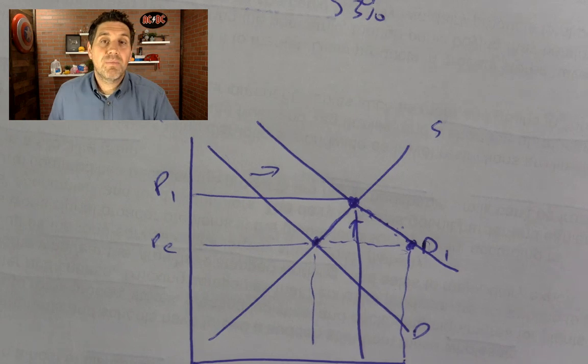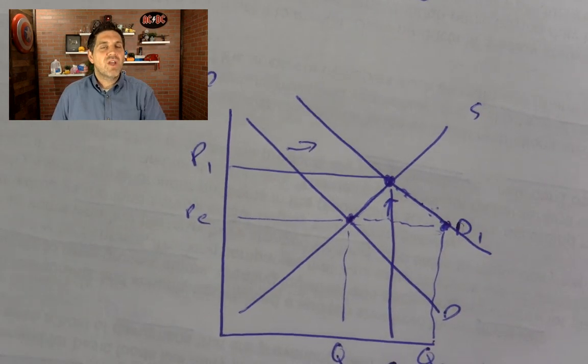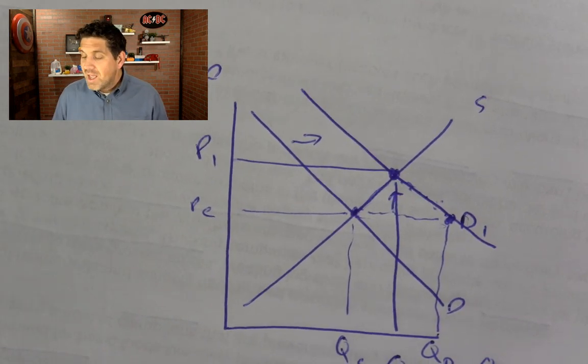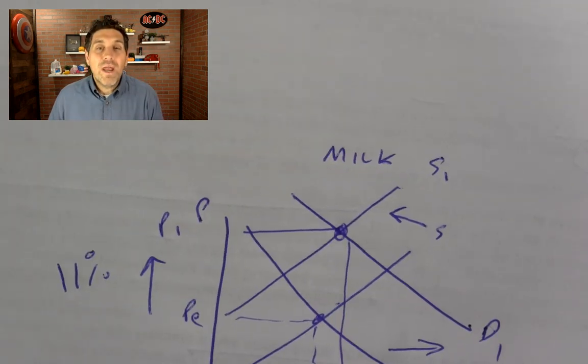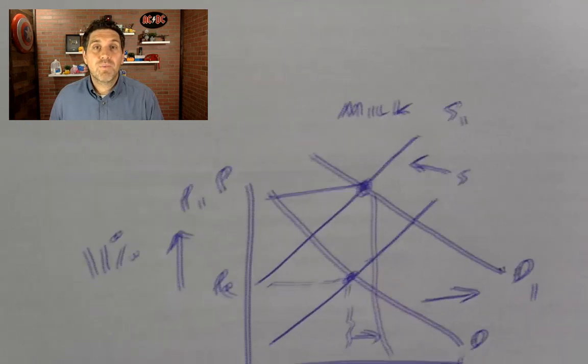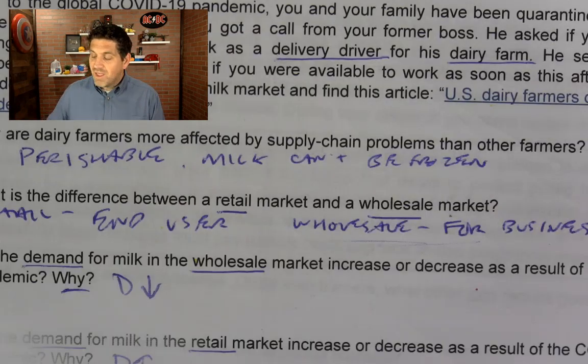That's how markets are supposed to work, and that's how markets do work, right? Whenever there's a shortage of something, the shortage shouldn't last very long unless something weird is happening in the market. And the same thing is happening here. Something weird is happening in this market. That's why there's still a shortage. Producers want to produce more milk. Now, the reality is the shortage won't last long because, as you found out at the end of the article,